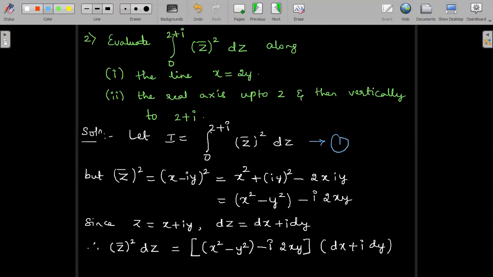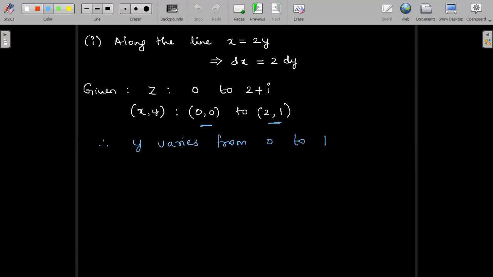We know what z bar whole square is. We know what dz is. Both the product we have already seen here. So both of these will be substituted along with the limits for y. Okay, so let us represent this. Therefore equation 1 becomes